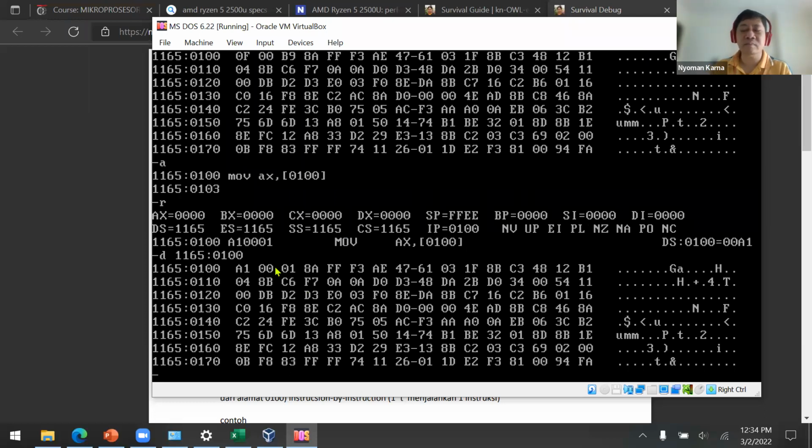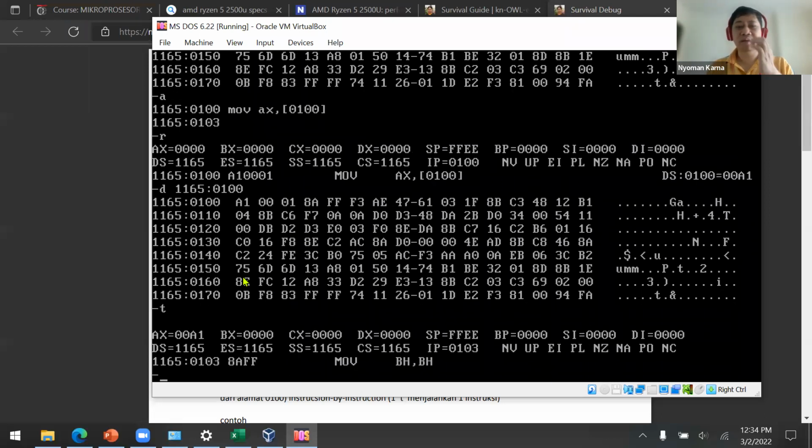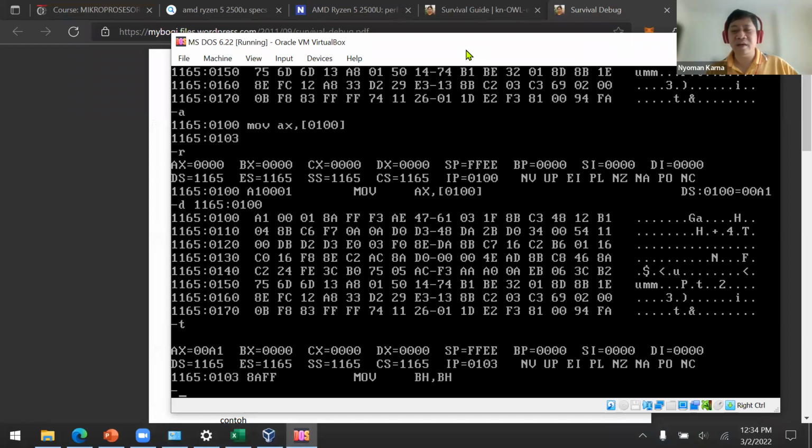Then it will retrieve 00A1. So if I press this one, AX will become 00A1. Then you can use this data for further processing, for example, addition, subtraction, etc. Okay, this is for retrieving data from the memory.